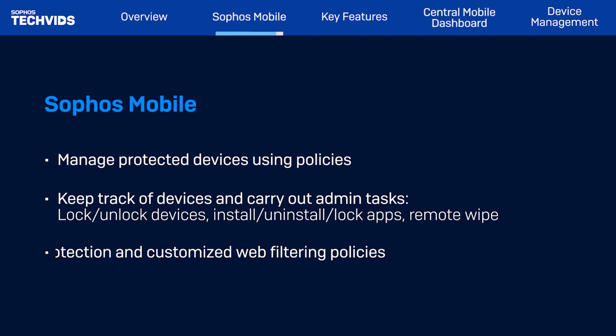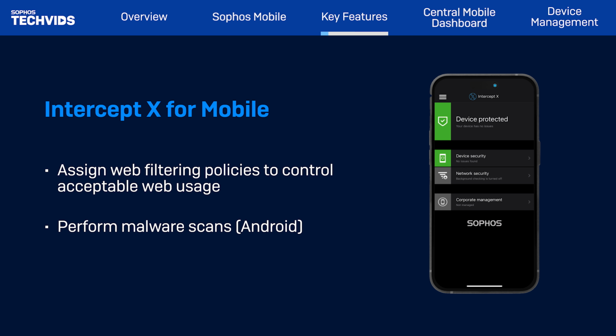When you enroll and manage the Sophos Intercept X for mobile app, you can assign a mobile threat defense policy to the device to configure Sophos Intercept X for mobile. Assign a compliance policy to the device to monitor its compliance status, assign a web filtering policy to control acceptable web usage, and on Android devices, perform a malware scan.